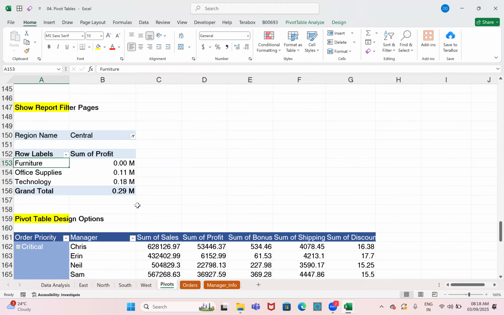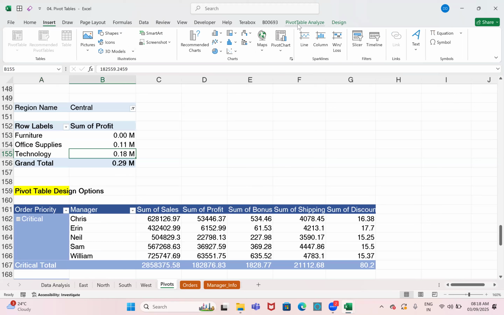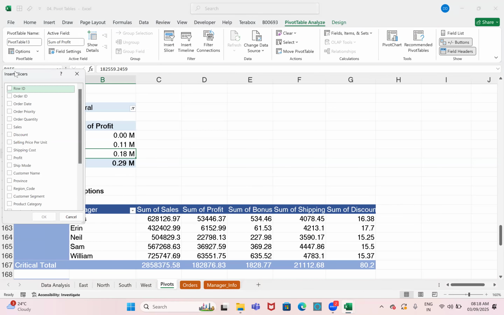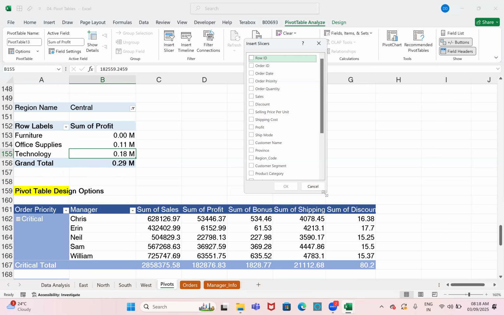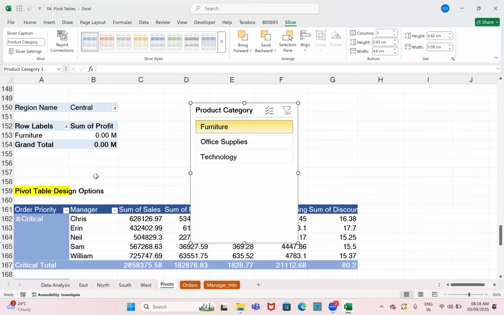So in this I'll insert a slicer. If you are trying to insert a slicer, it is showing all the columns. See? All the column names. Let me take, suppose, order priority or product category. Furniture, office supplies, technology. It's giving only that selected data, right?